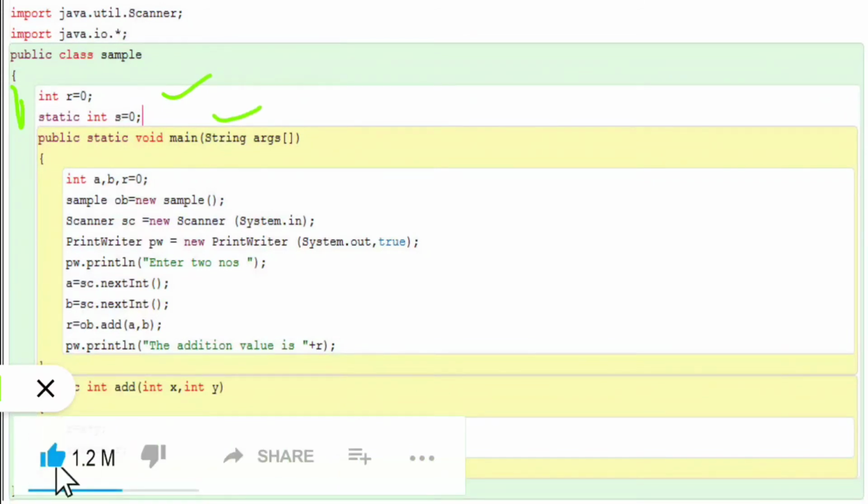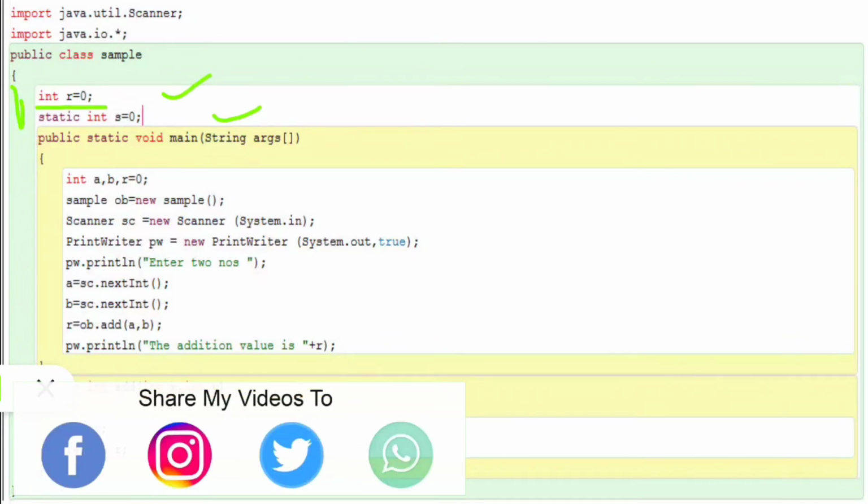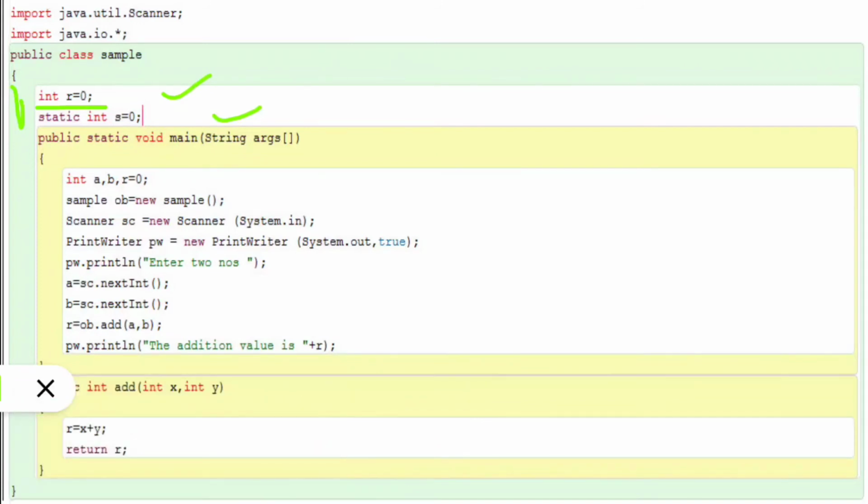We simply declare int r equal to 0, so that variable is the instance variable, because it is declared under the class without using the static keyword. But s is declared under the class with the help of the static keyword, yes or no? That is why s will be treated as a static variable or class variable.